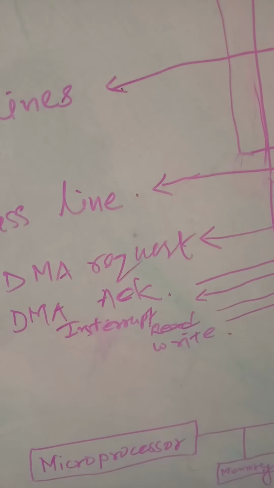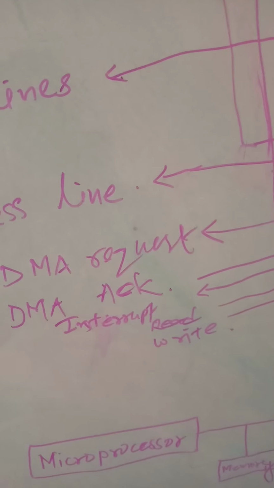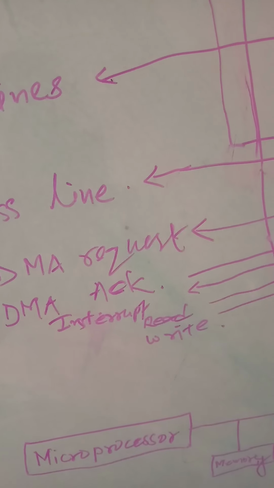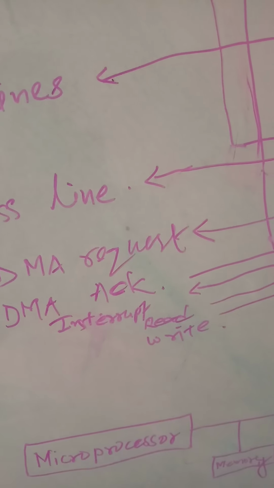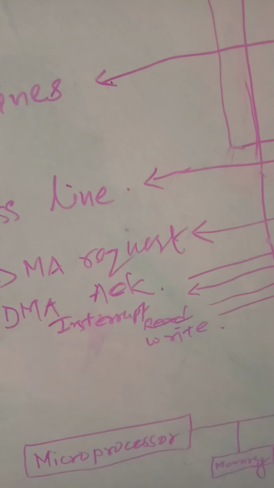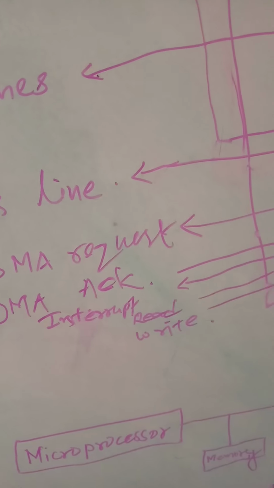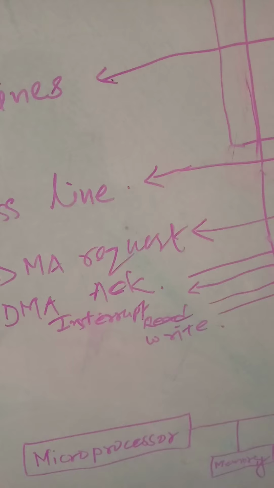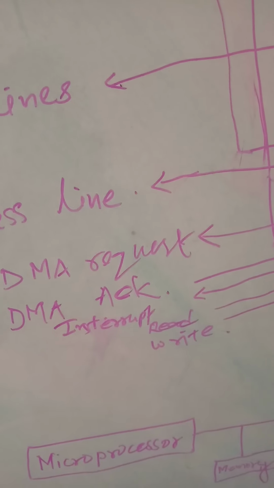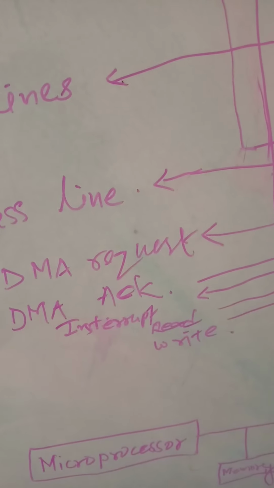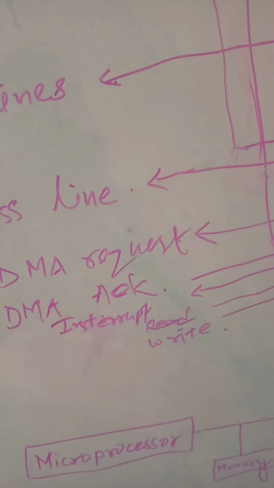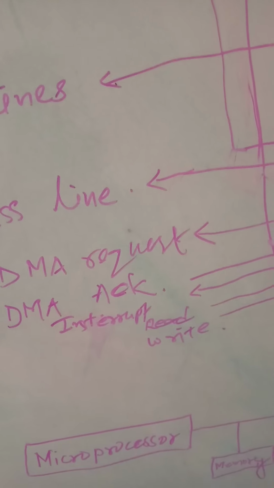There are different modes of DMA: burst mode, cycle stealing mode, and transparent mode of DMA. The burst mode: in this mode DMA hands over the buses to CPU only after completion of whole data transfer. Okay, cycle stealing mode: in this mode DMA gives control of buses to CPU after transfer of every byte. It continuously issues a request for bus control, makes the transfer of one byte and returns the bus.